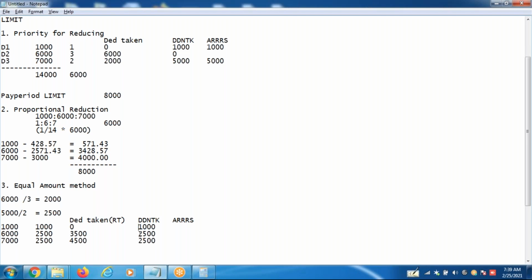Okay, so here is the deduction taken. So what is DD and TK here? 428.57 not taken from this. 2571.43 not taken from this. 3000 is not taken.